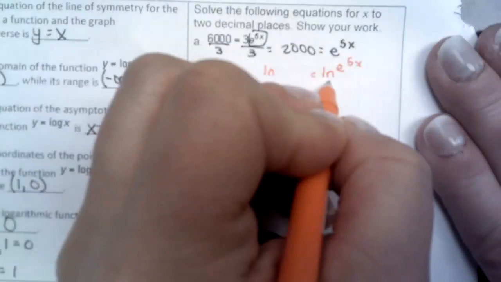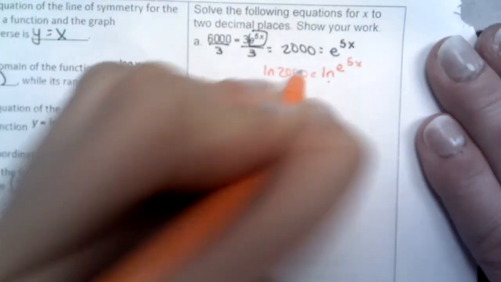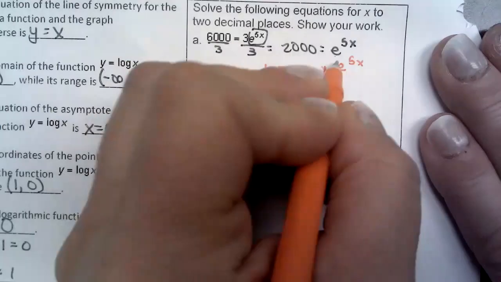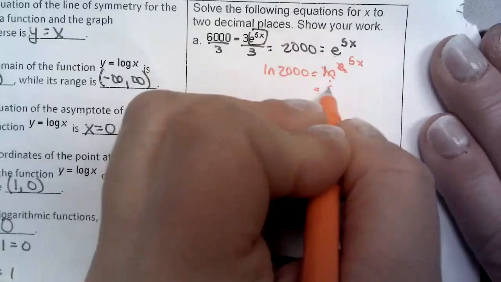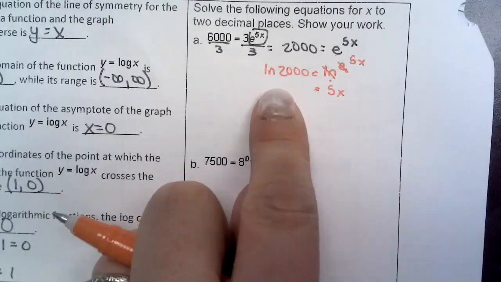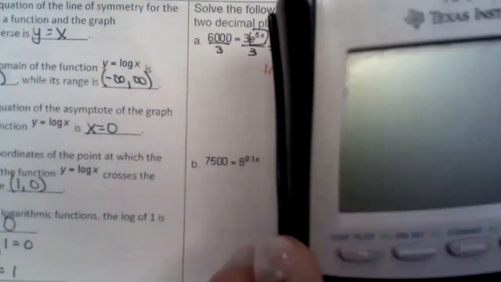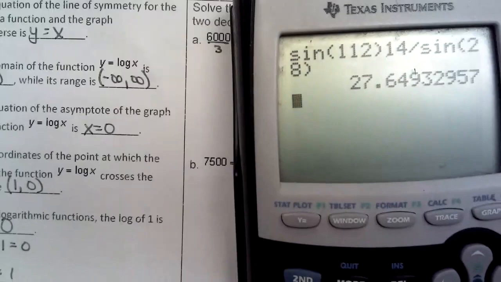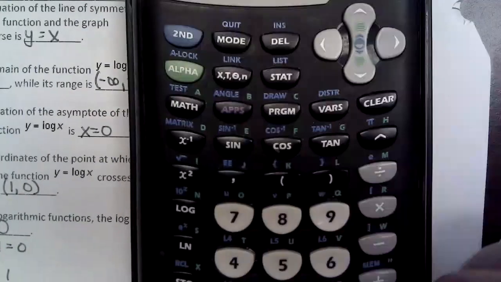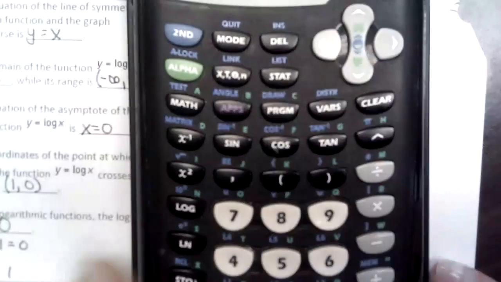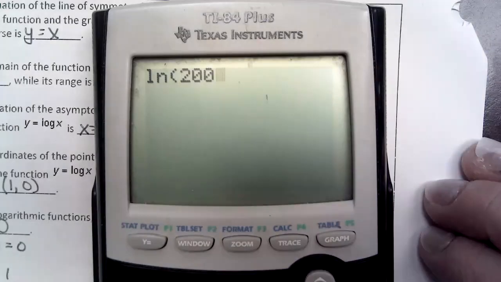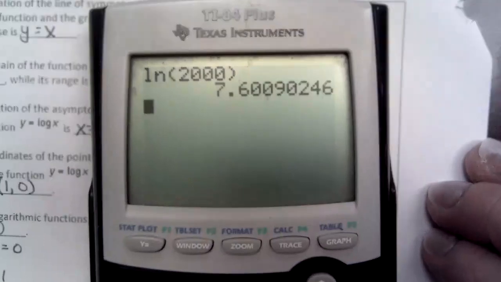Whatever I do to one side, put a natural log, I have to do to the other side. So that's going to cancel, and I'm going to be left with just 5x. Now for ln of 2,000, I'm just going to plug that into my calculator. I'm going to use my ln key, right there under my log, and I'm just going to type in 2,000 and equals,